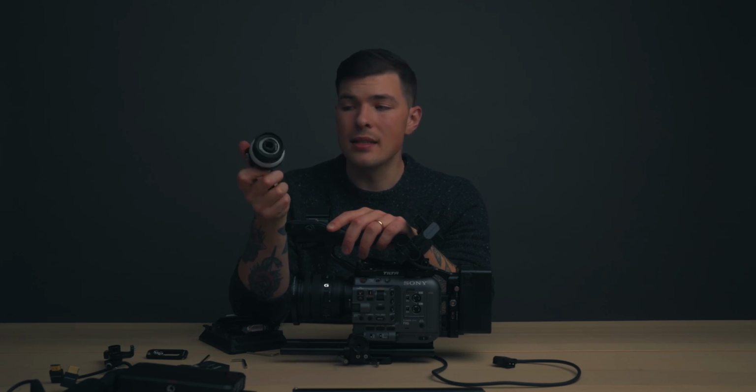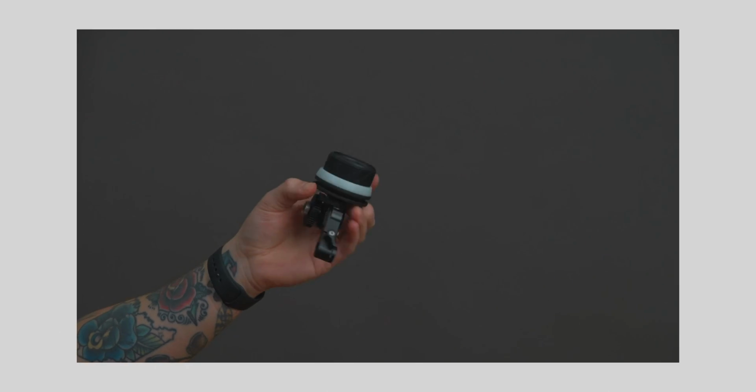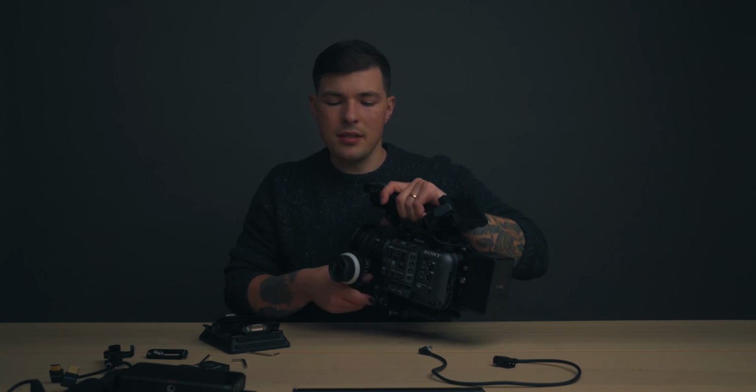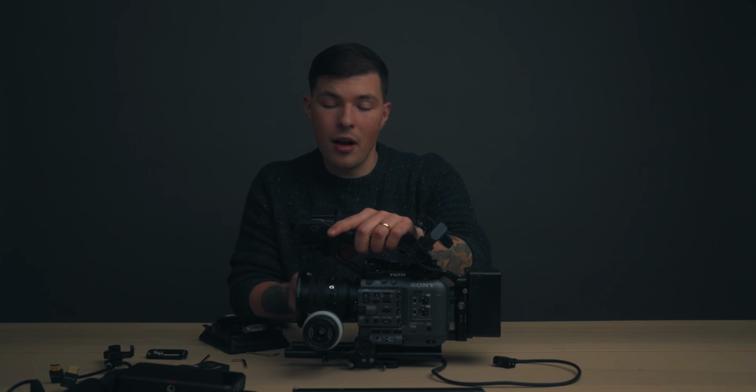Typically my lenses have follow focus gears, and I will leave the Tilta mini follow focus on most of my rig setups just because I like having the option of manual. I almost exclusively use the Sony autofocus lenses, but when I do mount something that requires manual focus, I like having the follow focus on my camera already. And also if I'm using autofocus in a very low contrast environment, or if I'm using it on a telephoto that needs really precise focusing, I do like having the option of using